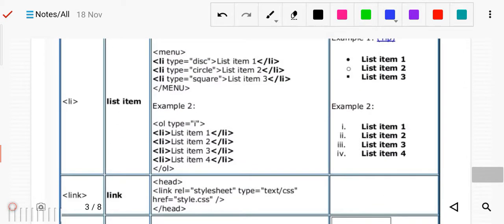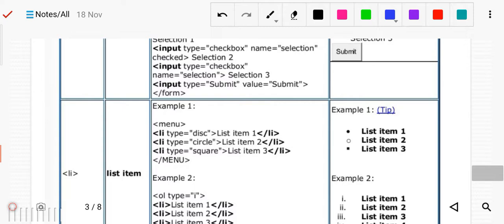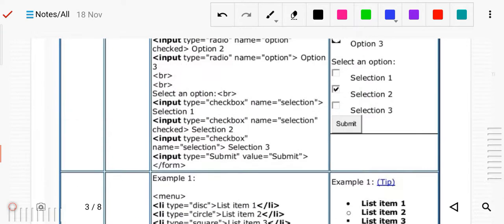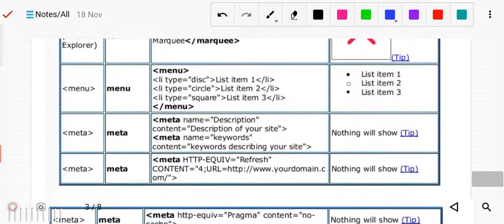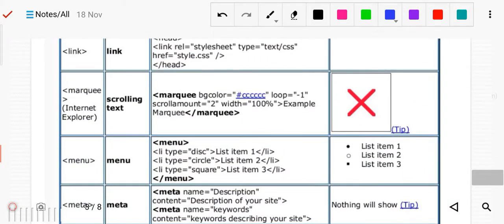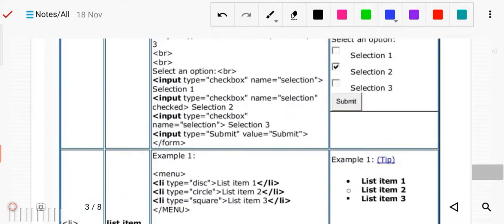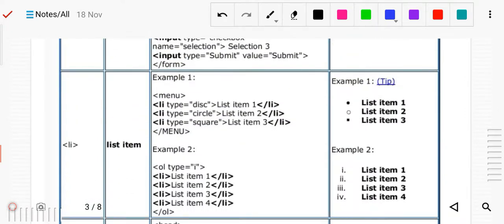Then listing, which we have done, with li. By default the list marker is a disk, but if we mention it, we can make it a circle or a square. You can see the output here, listing the items. For an unordered list you get markers, but if it is ordered, then 1, 2, 3 will be written, because the type attribute is defined. So that we have studied.